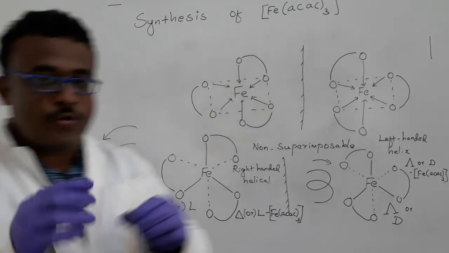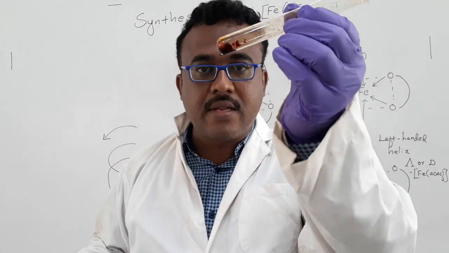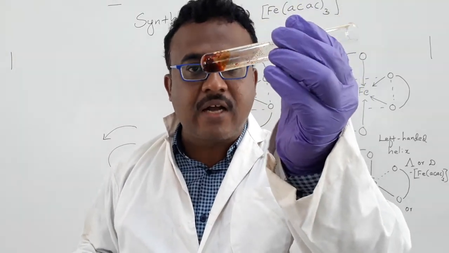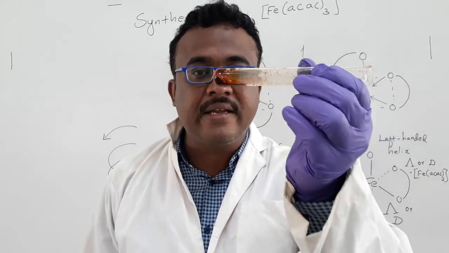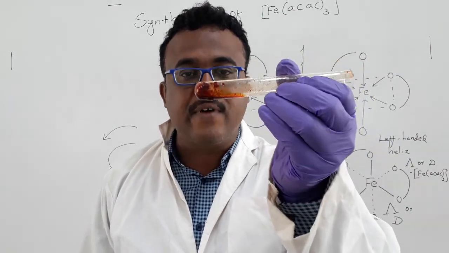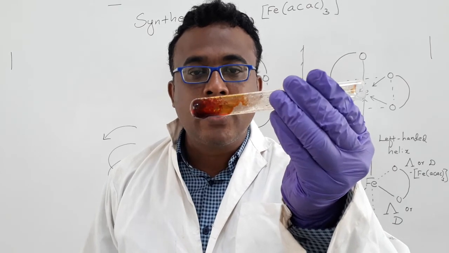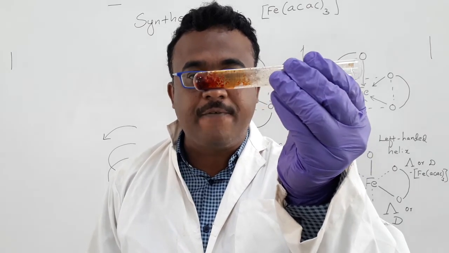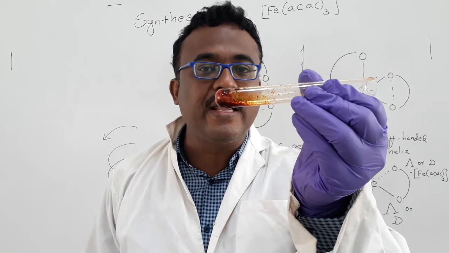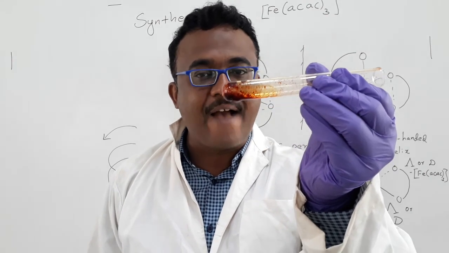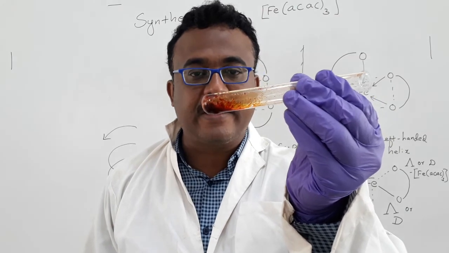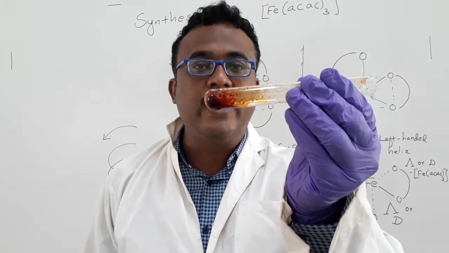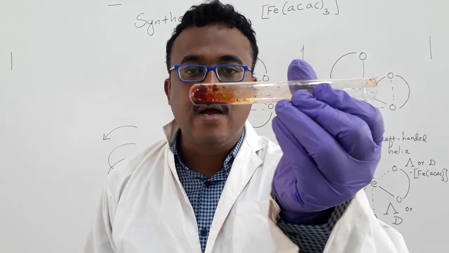I would like to show now that I have recrystallized with alcohol because it's highly soluble in methanol. You can see that a red solid was formed in the test tube. For recrystallization, you have to use a very small amount of alcohol that gives enough solubility. Once you filter, you can keep it at room temperature, or cool it with ice also. You can get a red solid.